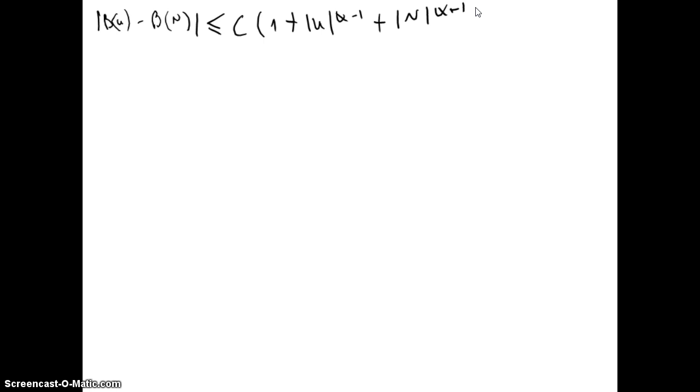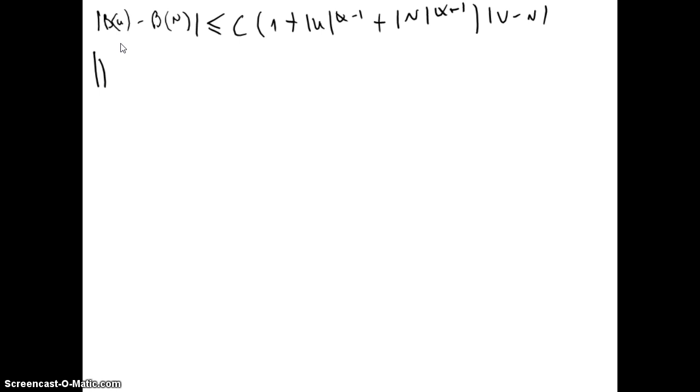Then if we have that the absolute value of b(u) minus b(v) is less than or equal to a constant times 1 plus u^(alpha-1) plus v^(alpha-1), times u minus v,